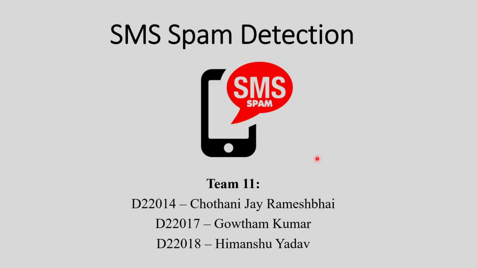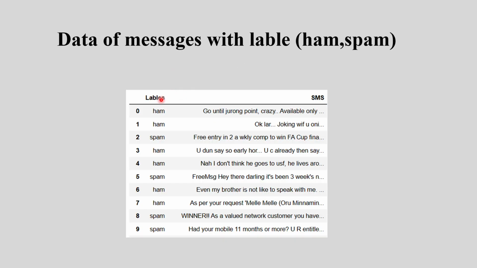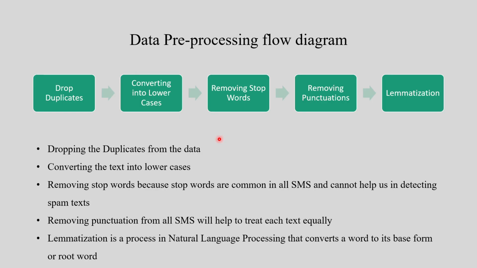We have created a machine learning algorithm to detect whether messages are spam or not. We have data of around 5000 SMS with the labels ham and spam. Ham means the message is not spam, and spam means it is spam. First, we processed our data: dropping duplicates, converting to lowercase, removing stop words, removing punctuation